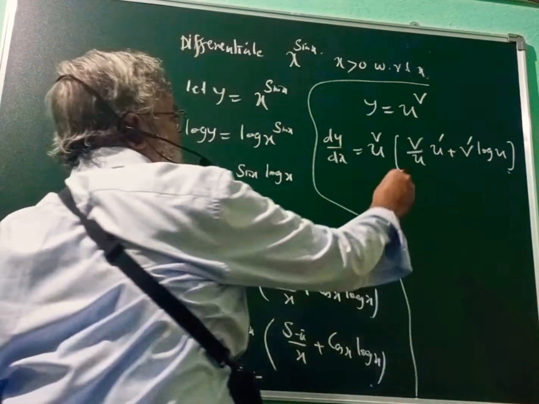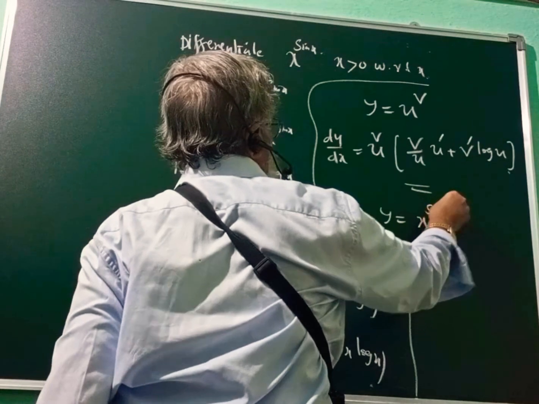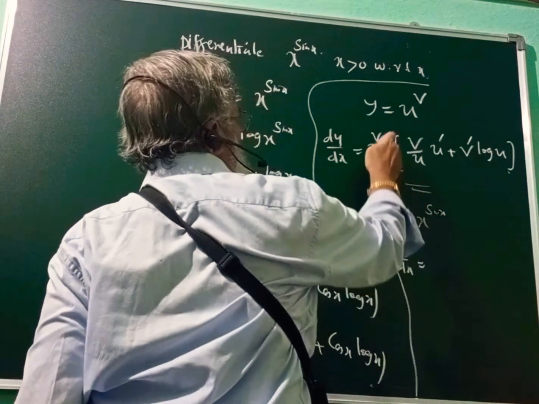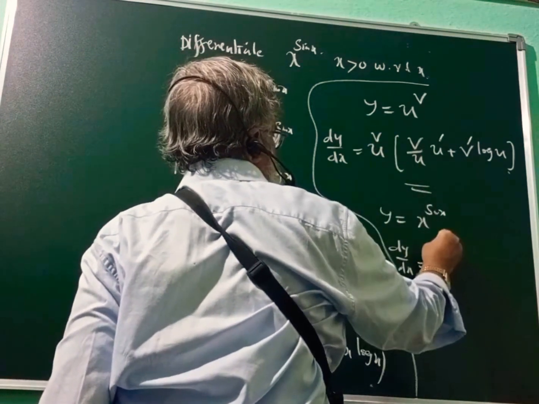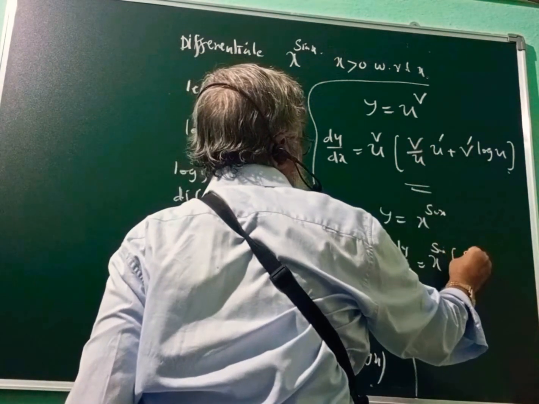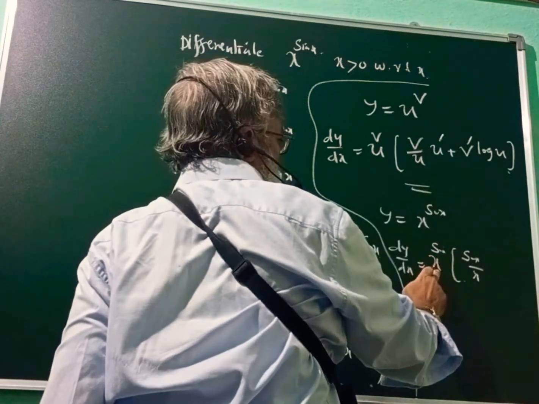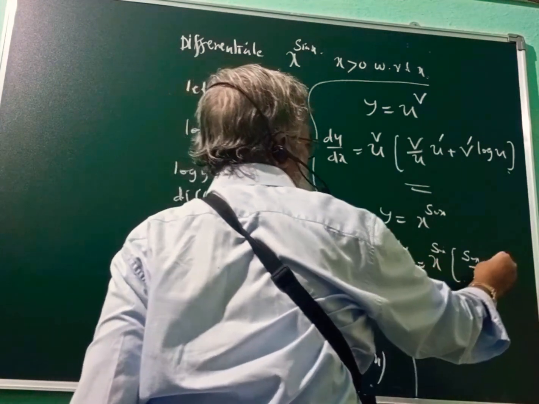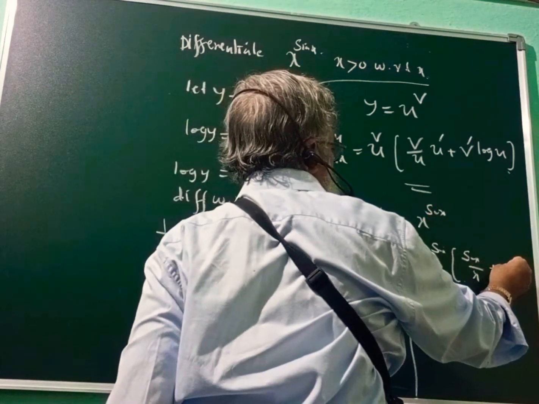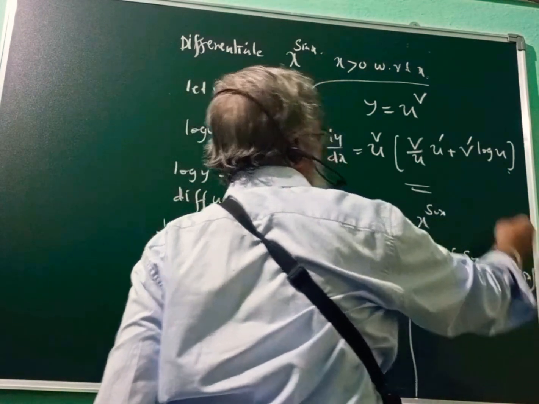Let us apply this formula for the same problem also. We have y is equal to x raised to sin x. Then dy by dx, the problem should be kept as it is, that is x raised to sin x into v by u, that is sin x by x. Differentiation of u, that is x, is 1 here. Plus differentiation of power, v dash, that is differentiation of sin x, which is cos x, into log of u, that is log of x. See here how we are writing.